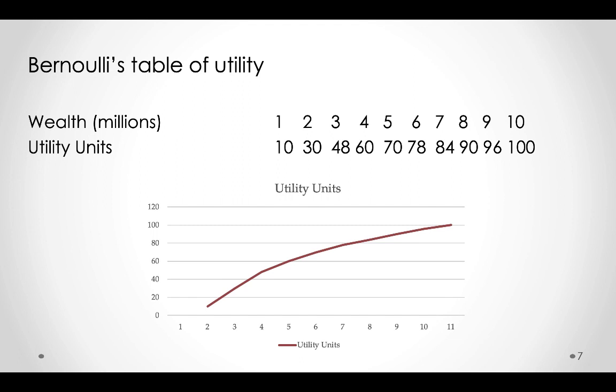So the first million gives you some utility units. You see there's 10 utility units for the first million, then for the second million, 30, 48 for the third, and so on. And you can see if you already have 10 million, any additional million doesn't give you